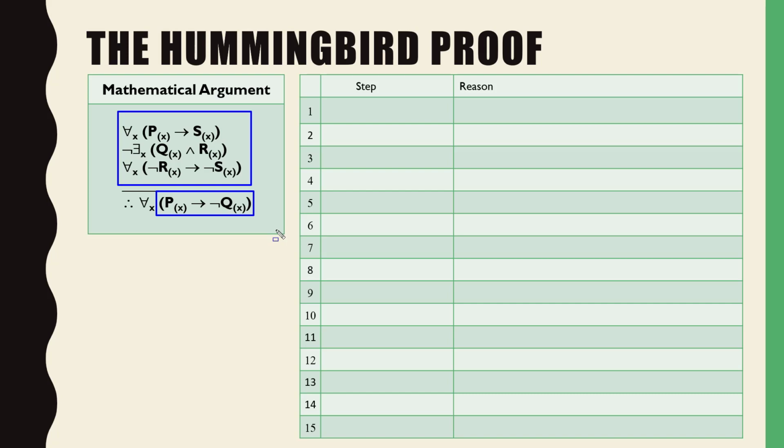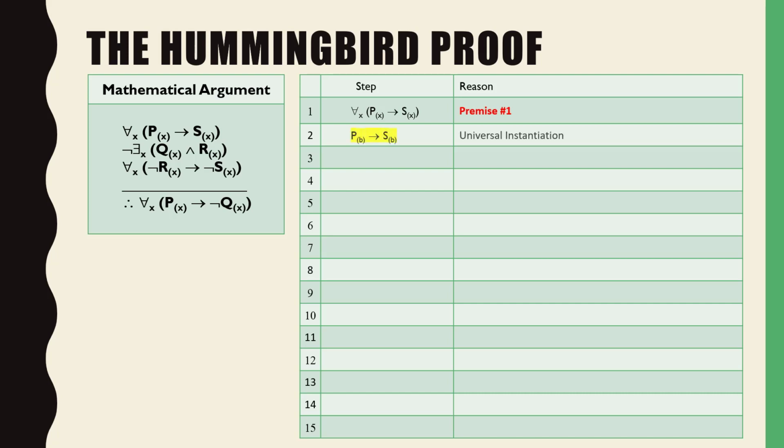All right, very good. So let's walk through this. Here we go. Step one is our first premise, right? That's our first premise right there. I just copied it over, and we're going to universal instantiation, and we get that. Some bird named B. It's a big bird, right? Actually, big bird's not a hummingbird, so I should have used W for, no, Woody Woodpecker is a woodpecker,